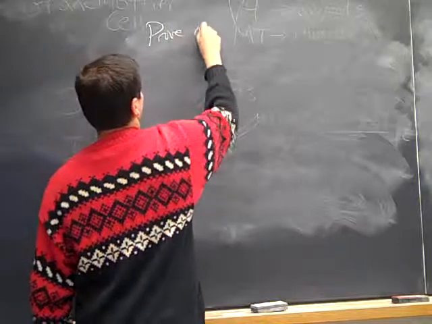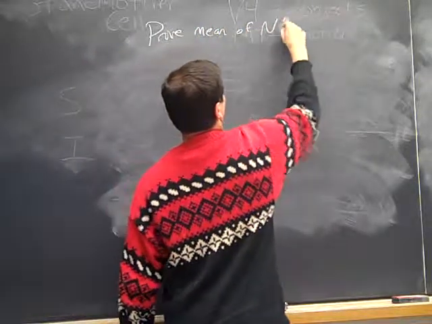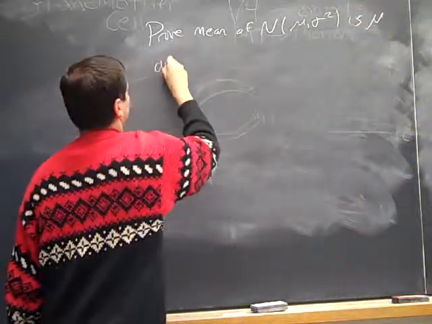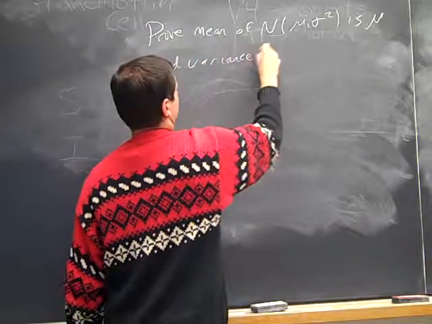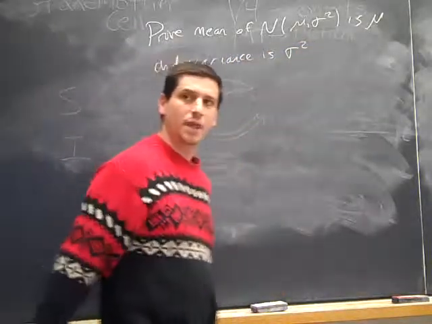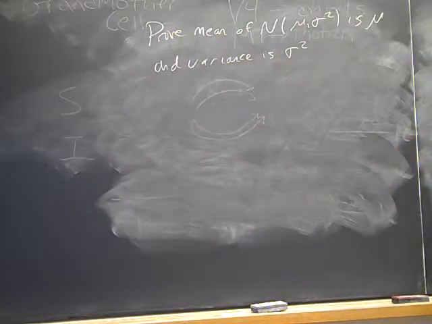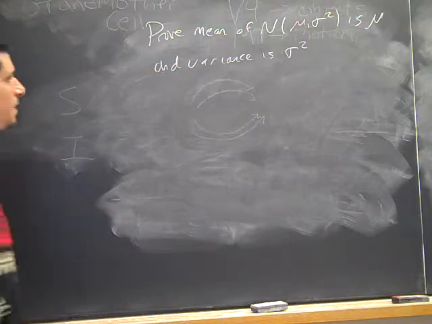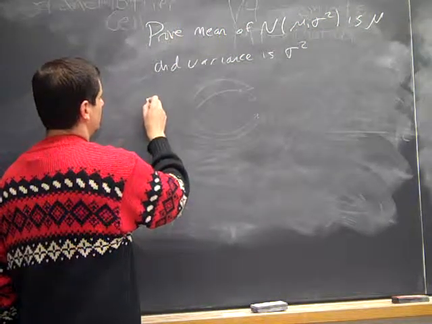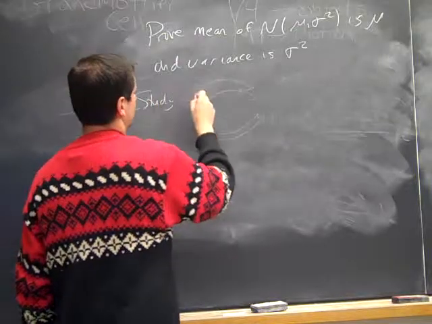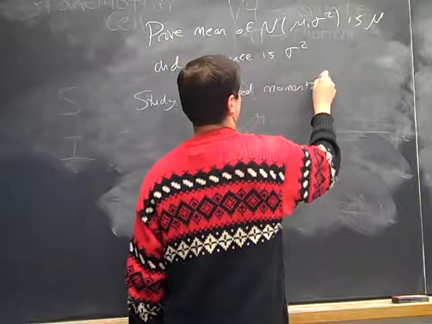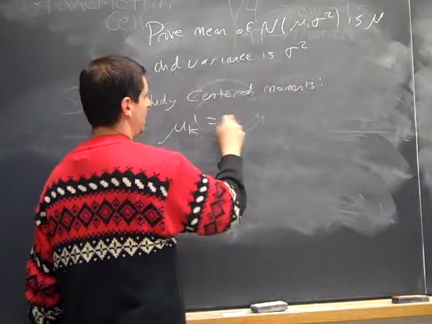So prove that the mean of a normal with mean mu and variance sigma squared is mu, and the variance is sigma squared. There are lots of ways to do this calculation. Essentially, all we have to be able to do is do it for the case of mean 0, variance 1, and we're fine in general. So let's study centered moments. So, the uncentered moment, mu k, is the